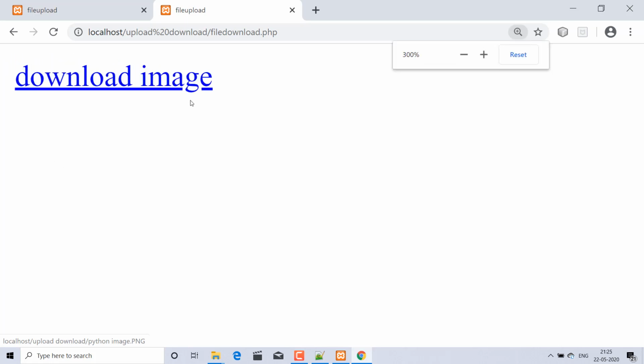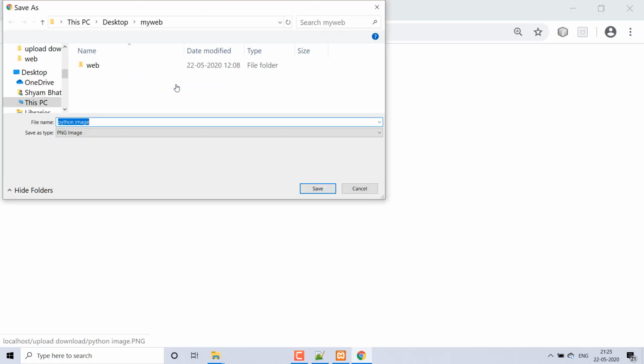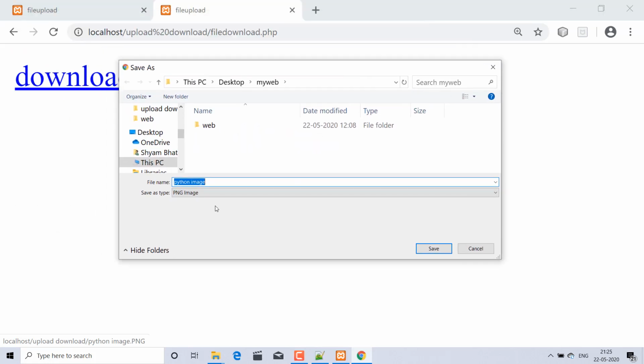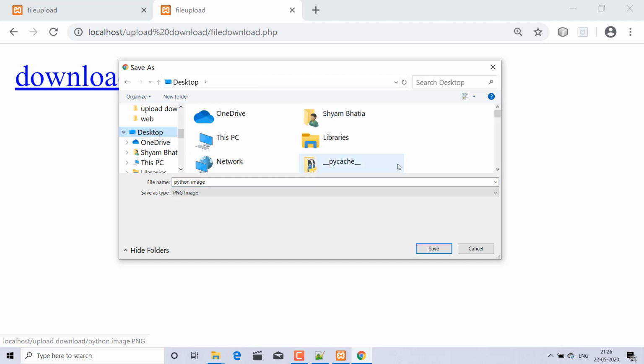Yes, and here the download image link, is it visible or not, friends? And here if I click download, yes, I clicked, and what happened? Yes, it is asking for the download. So I am downloading the Python image into my desired folder on the desktop.